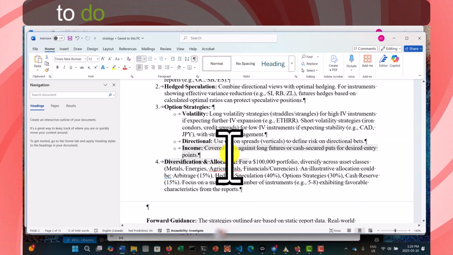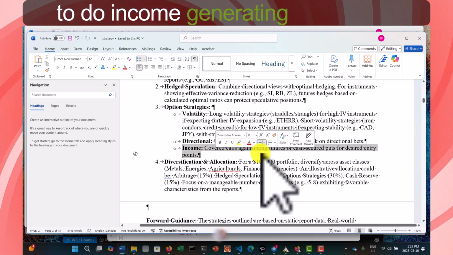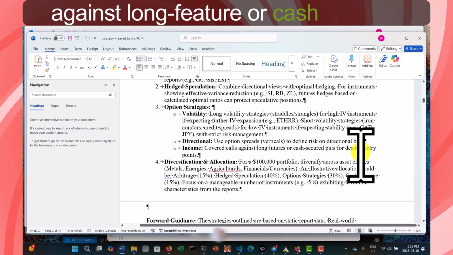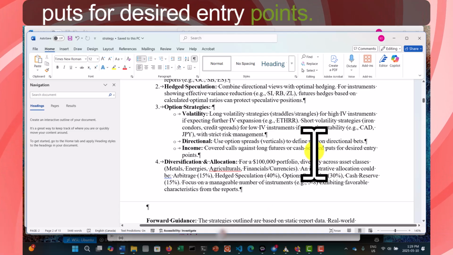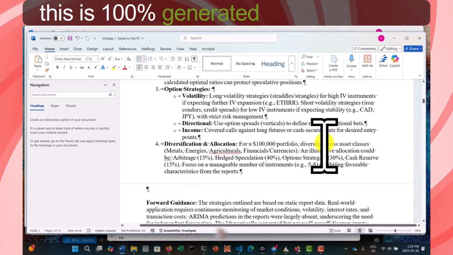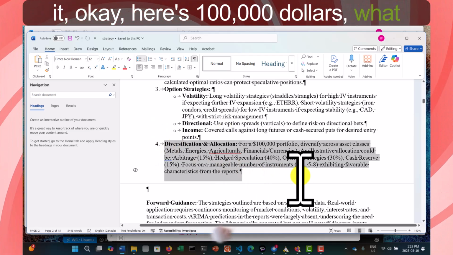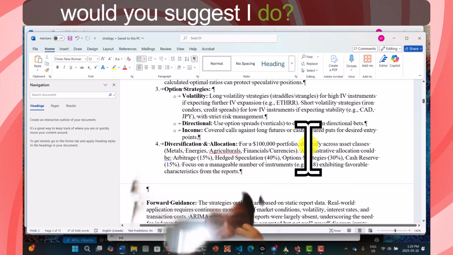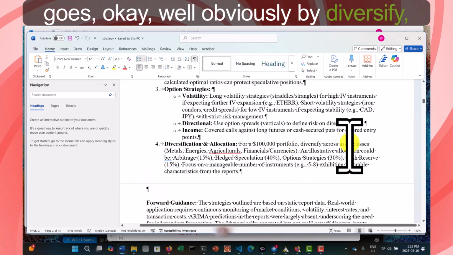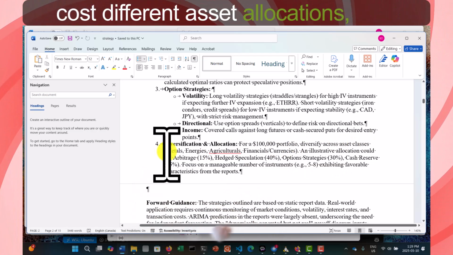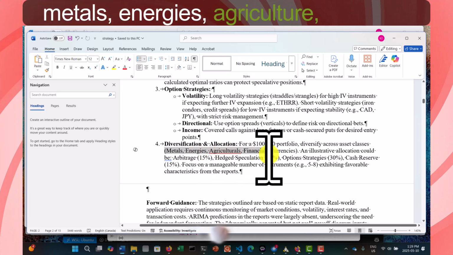And if we just want to do income generating, covered calls against long futures or cash secured puts for desired entry points. So again, this is 100% generated by AI. If I tell it, okay, here's $100,000, what would you suggest I do? So here it goes, okay, well, obviously we've got to diversify across different asset allocations, be it metals, energies, agricultures,